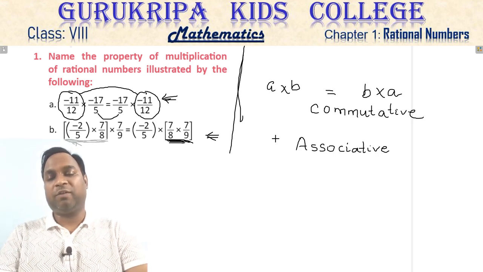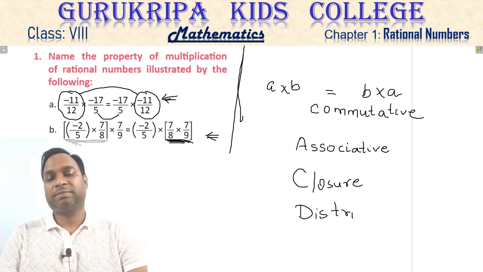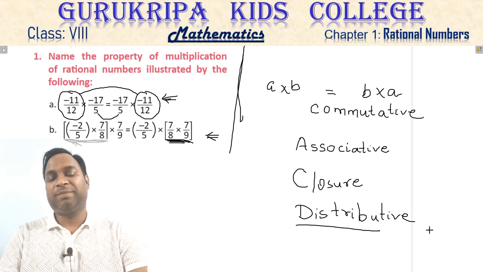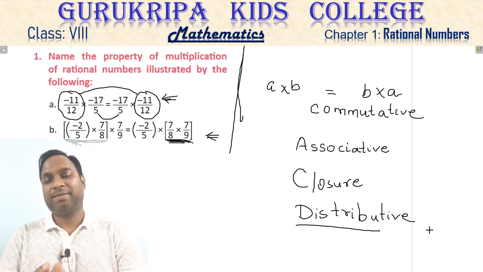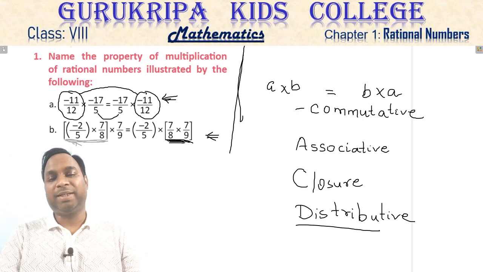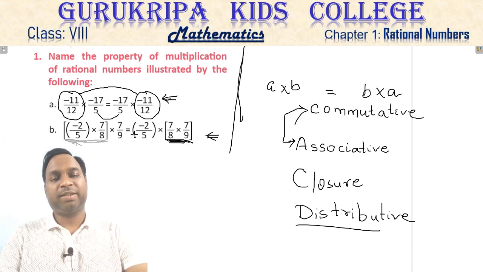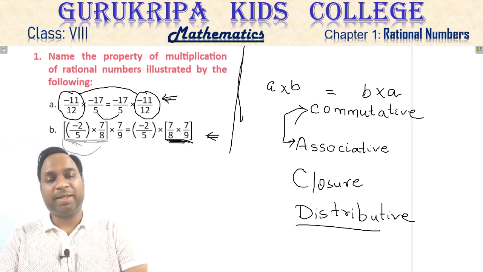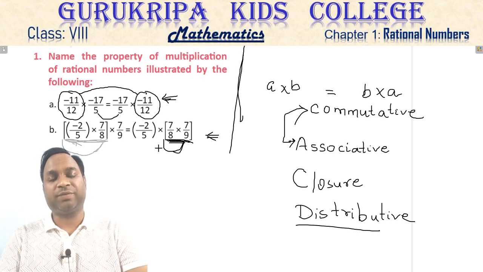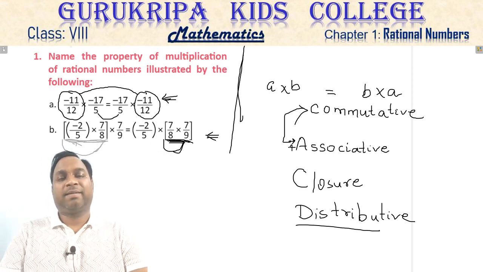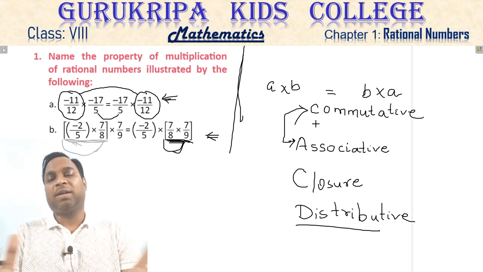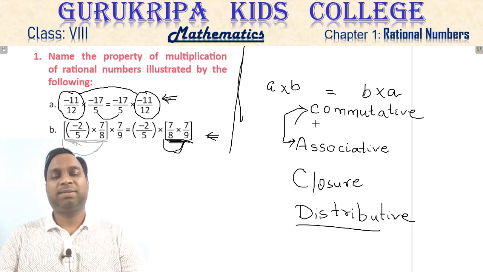The other two properties which we have already seen were closure property and distributive property. These two are very simple ones. Distributive means to distribute. Closure means to be closed. The only confusion that can arise is between these two properties, closure property and associative property. In associative property, an association is formed. These two are being associated first and here these two are being associated first. Whereas in commutative it is about ordering. In which order do you see?